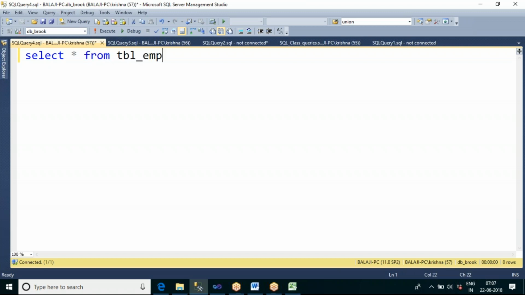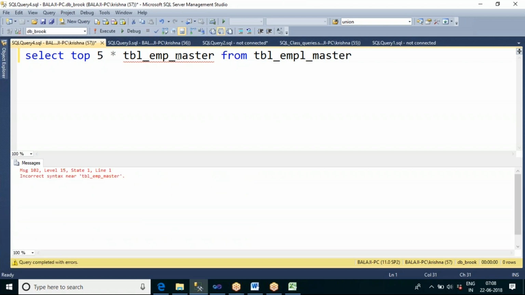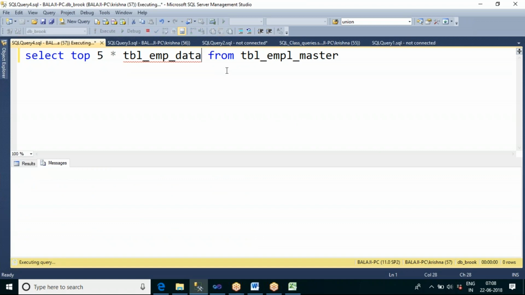Let me take some five records and create some master table data, just for explaining purposes. We already have this. Let me see the log data.